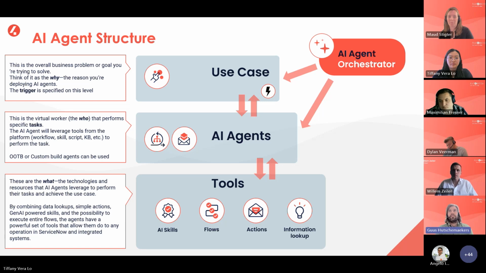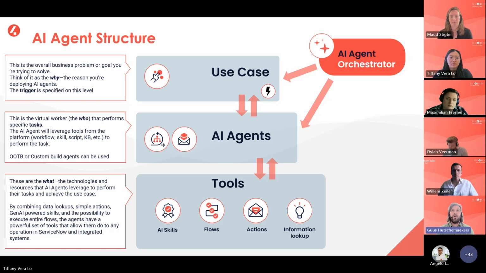The use case consists of at least one, but usually more agents, which are basically the virtual workers that perform the tasks, and they are in turn equipped with the tools. And the tools are the simple things, the execution of the tasks. There are lots of different types of tools. We will go into that a little bit later as well. But by combining those different types of tools, you can put together very powerful combinations to execute activities that would normally